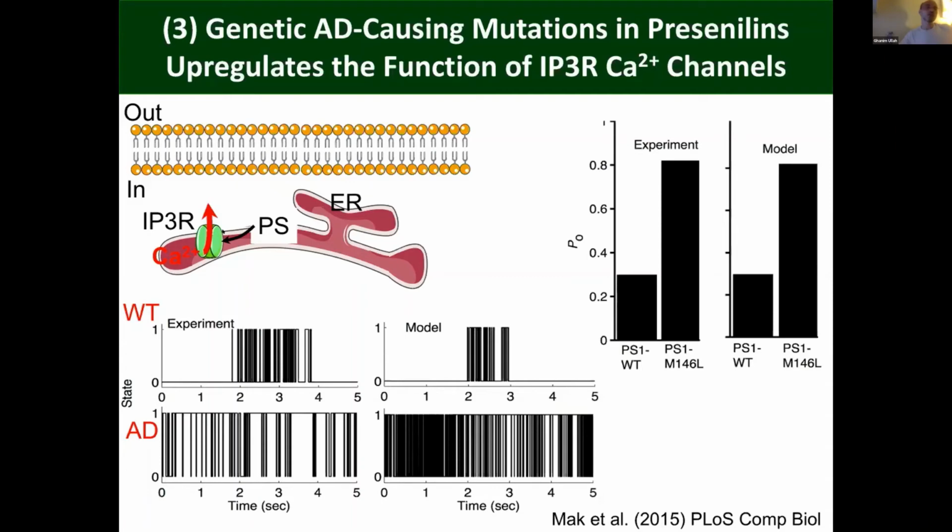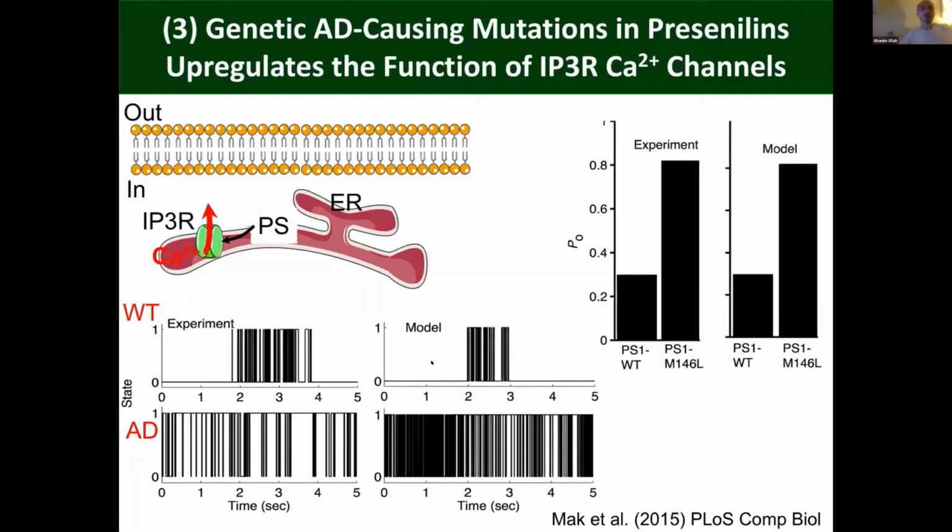So they would interact directly with the IP3 receptor in such a way that the open probability of the IP3 receptor is significantly increased. For example, if you look at a single IP3 receptor, the channel in the wild type cells is mostly closed and it opens. One here represents open. It closes and opens, but most of the time it remains closed. The open probability, in fact, is somewhere close to 0.3, or it remains open for 30% of the time.